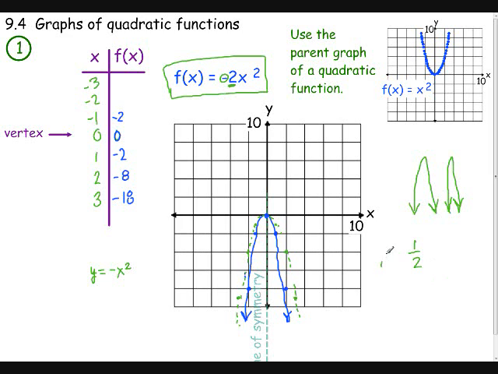Well, I'll tell you right now, it'll get wider. So if it's a multiplier that is greater than 1, it gets skinny. And if it's a multiplier that's less than 1, it gets fat or broad,